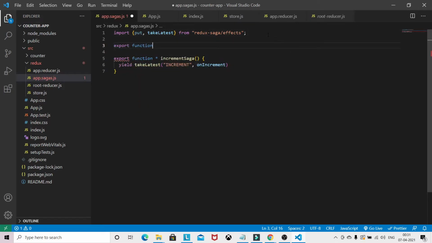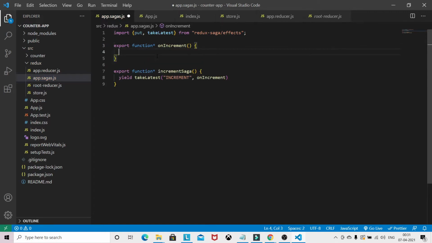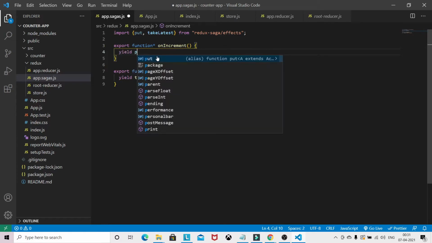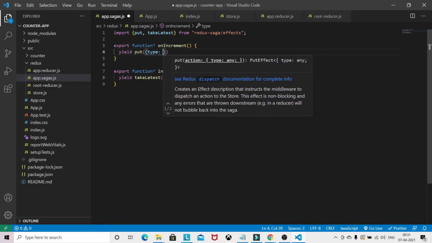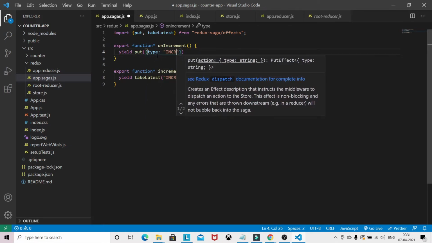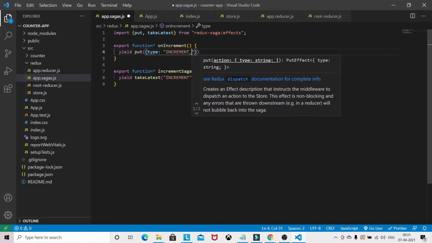So we will create this new Saga here. Export function, and this will run on increment. So yield put, and I will give the type incrementSaga.